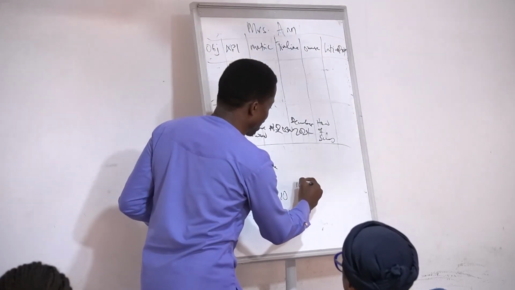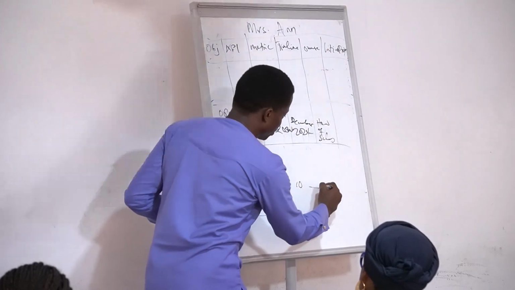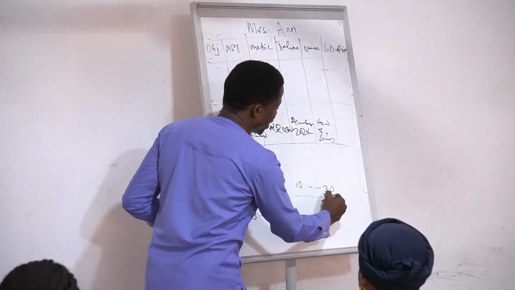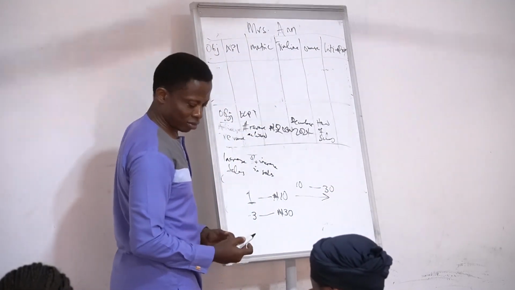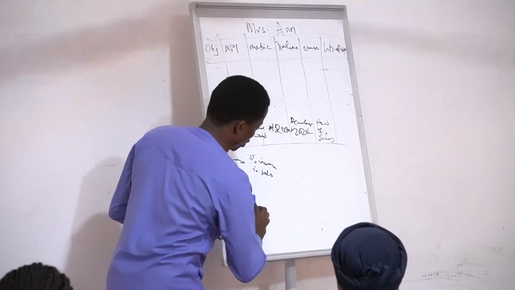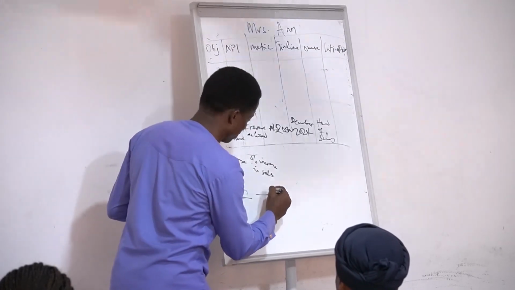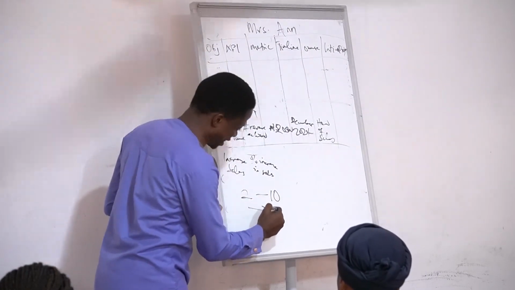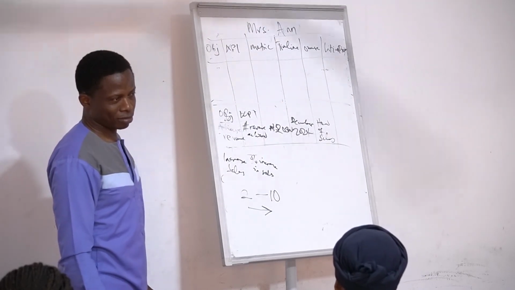So 10 naira to 30 naira, what percentage increase is this in sales? Wait, no, this one will be confusing. Don't worry. You made 2 naira here. Now they ask you to make 10 naira. What percentage increase is this? 8 over 10 times